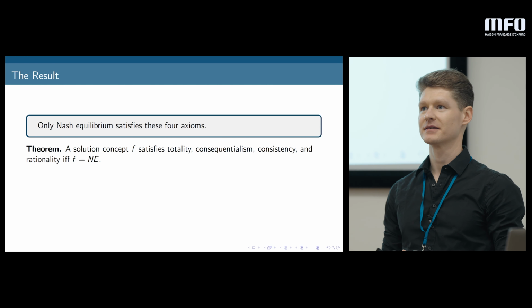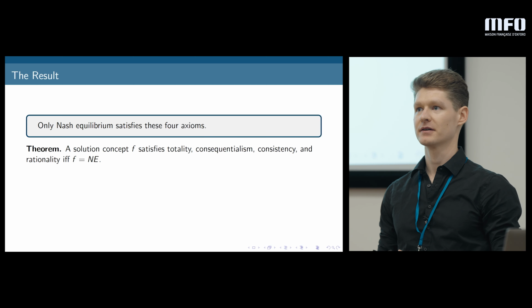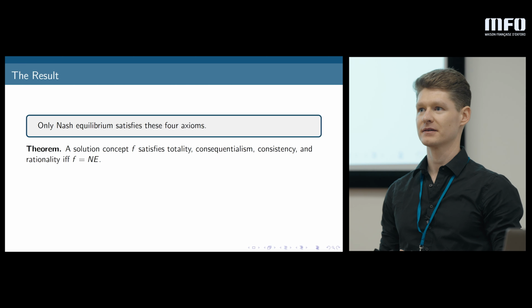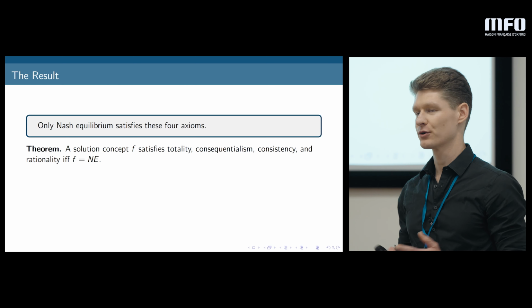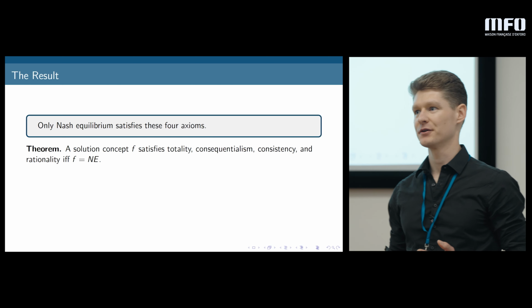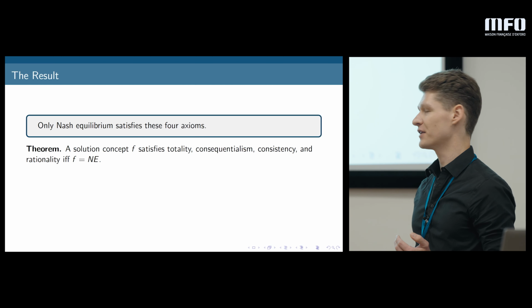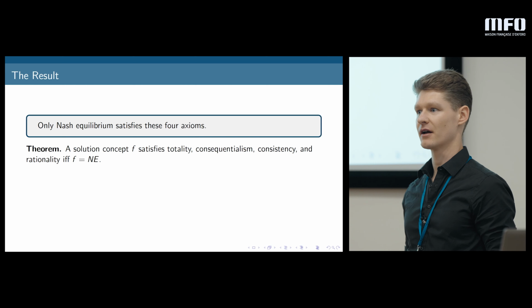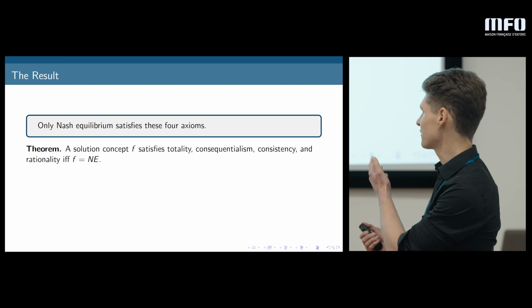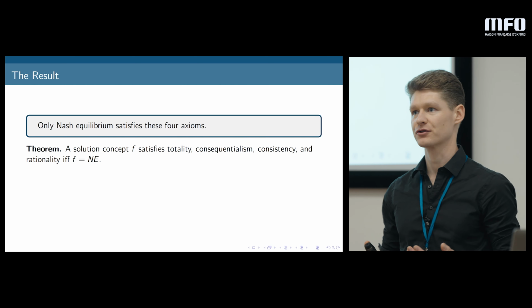If there is a strictly dominant action, then that action in Nash equilibrium would be played with probability 1, right? So why are we asking just positive probability instead of probability 1? We could ask probability 1. You could also strengthen rationality to say that if an action is strictly dominated, it gets probability 0. Basically, I'm trying to state the rationality condition as weakly as possible, but of course for Nash equilibrium more is true.